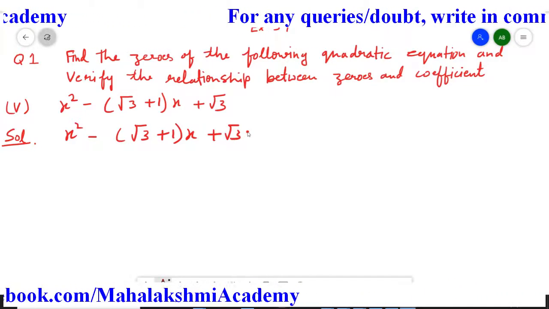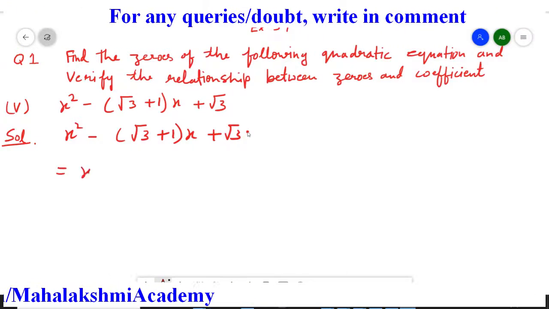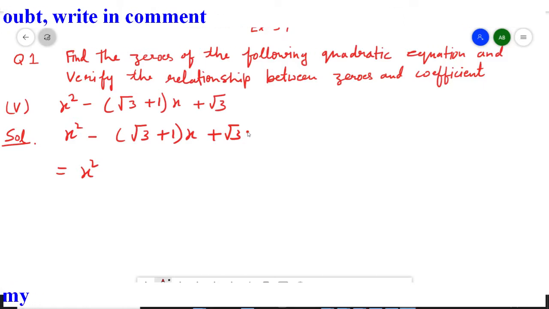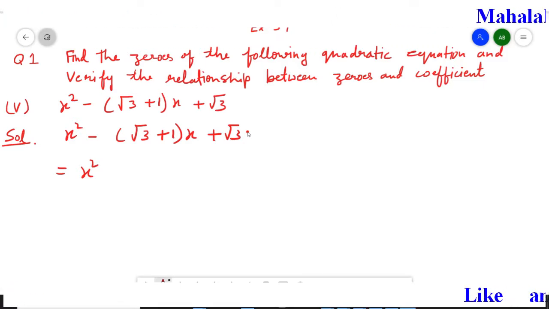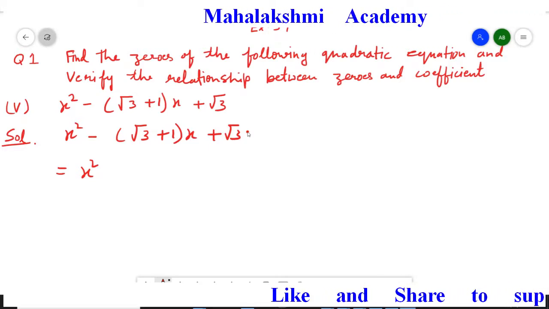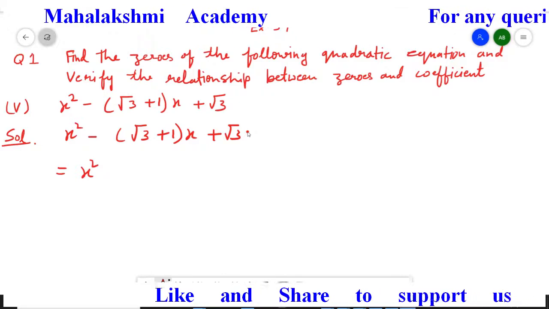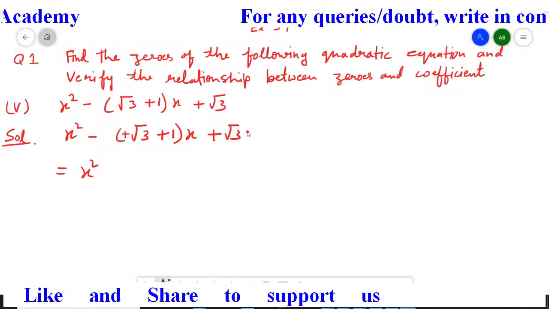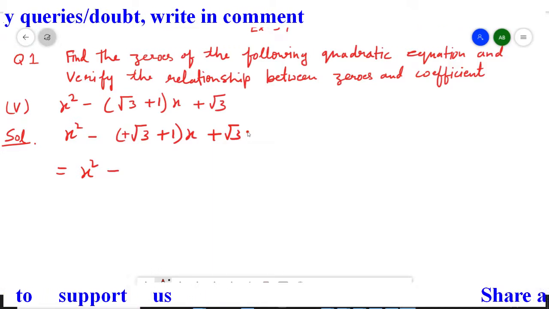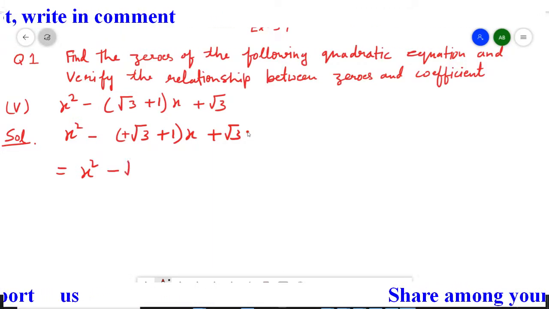Here I am going to open the bracket. So when we open the bracket, this x will multiply by root 3 also and by 1 also. And one more thing, in front we have a minus sign. So when we open the bracket, the sign of the inside term will also change. Like here there is no sign, means plus sign we have. So when we open the bracket, minus plus is minus.